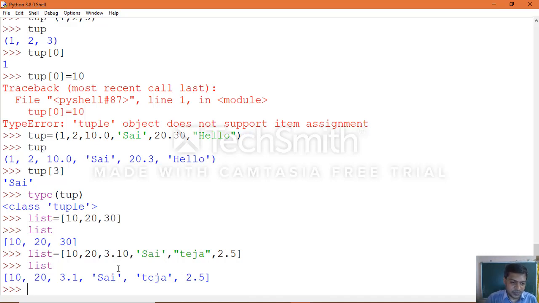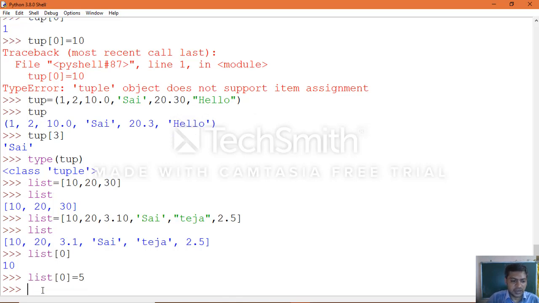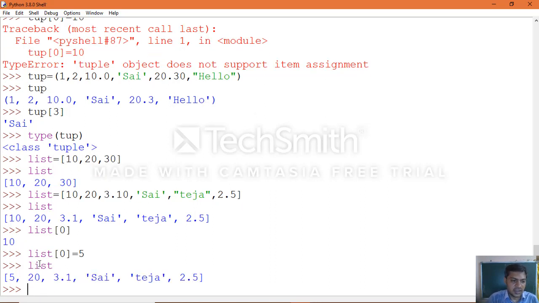Okay, so index 0, which you can print, that index 0 is having 10. How can you print that index value? With the help of index, list of 0, the 0 index value is 10, which we want to change. Okay, list of 0 is equivalent to, we will put it as 5. Yes, which changed. Okay, now print the list. You can see earlier when we defined 10, now when you have put 5, which we replaced using this statement. Okay, we changed the data with the help of index number, that particular position value is changed.